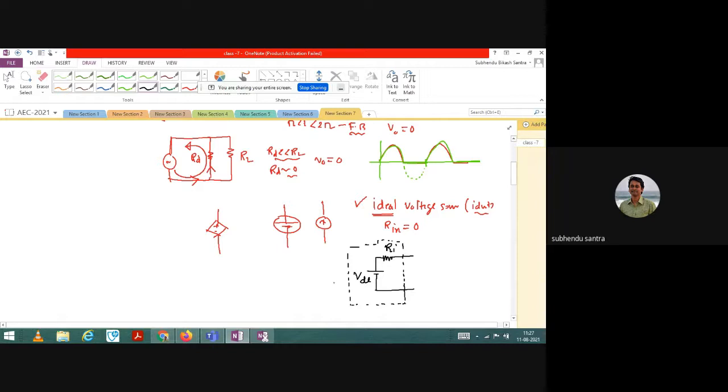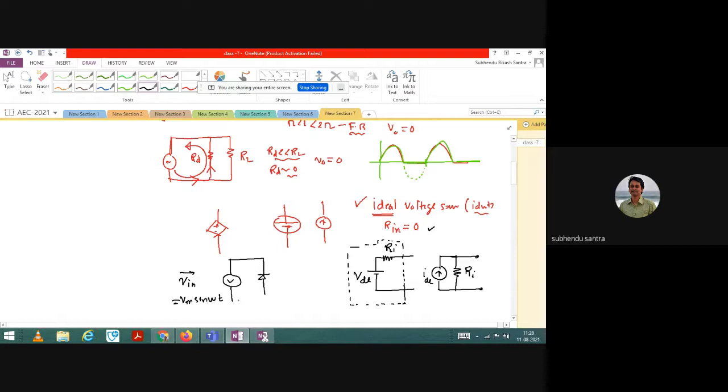Similarly, a current source ideally does not contain any internal resistance. But practically, a current source also displays some internal resistance, and it is represented by this parallel branch. So this is R internal and that is I DC. Now it is not only applicable for DC circuits, it is also applicable for AC circuits. Till now I have drawn a sinusoidal source, V input, which is equal to Vm sine of omega t, and then you connect the load.